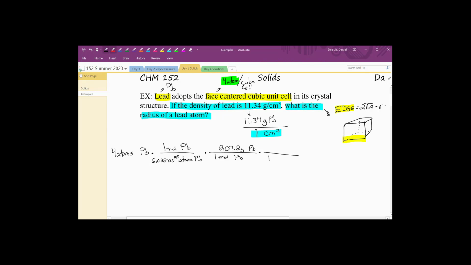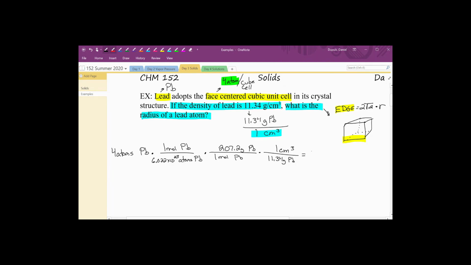Then we know that there's 11.34 grams of lead in 1 centimeter cubed. So there we go. 4 atoms of lead, so 4 times 207.2 divided by 6.022 times 10 to the 23rd divided by 11.34. I should get